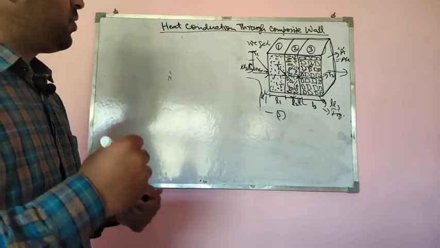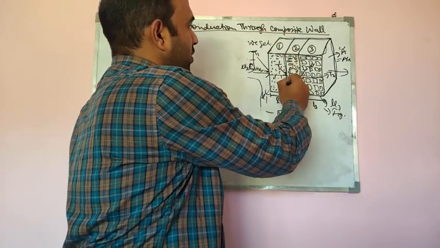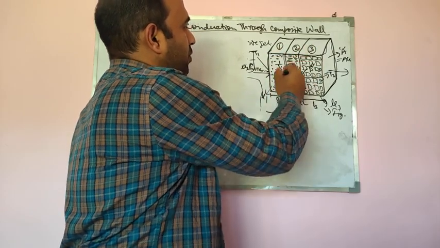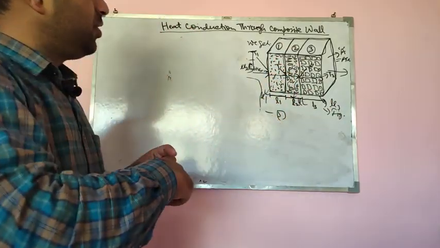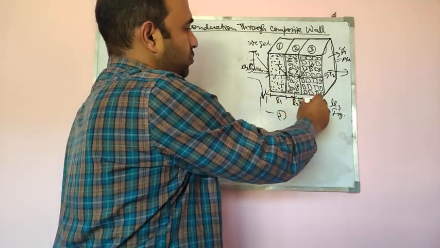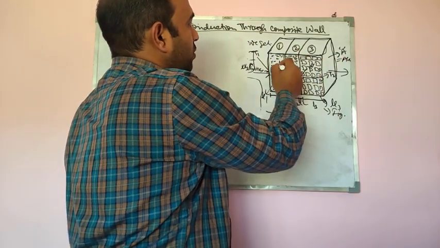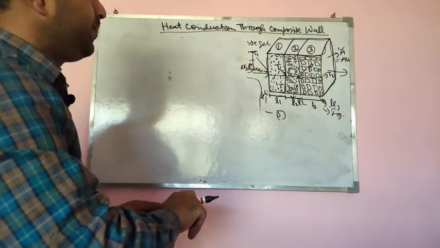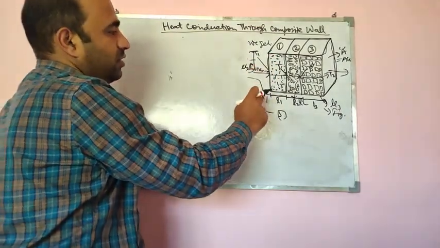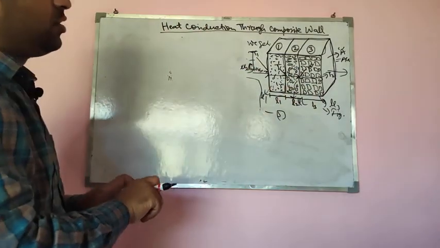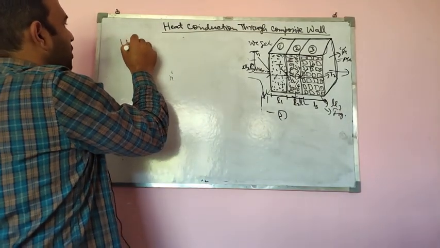So here you can see we have a composed wall made up of three different materials. Three different layers are there: layer 1, layer 2 and layer 3, and they have different thicknesses L1, L2 and L3, and they are different materials, so their thermal conductivities are also different, K1, K2 and K3. And these are the outside temperatures T1 and T2, and these are the interface temperatures between the layers. So if we consider this system, we consider that these thermal conductivities are independent of the temperature, so the heat transfer through these layers can be considered using Fourier's law,